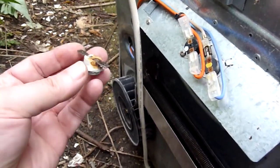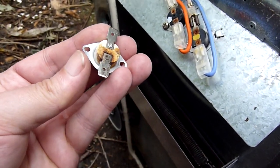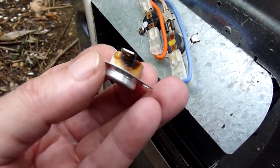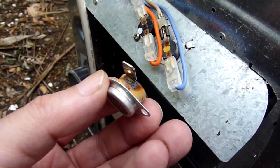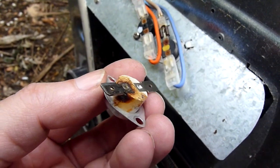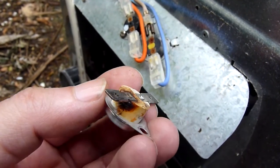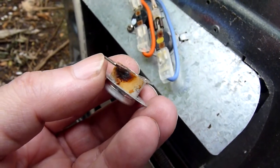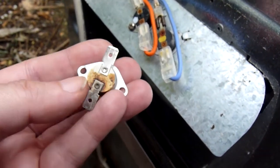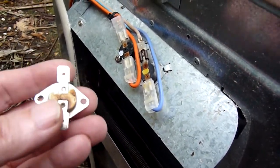Now in my case, what I can show you is the old thermostat that was on this machine, and if you look carefully you can see it's very badly damaged. It's probably an electrical surge overwhelmed the thermostat and just burnt it out. So that was on this machine, and I replaced it